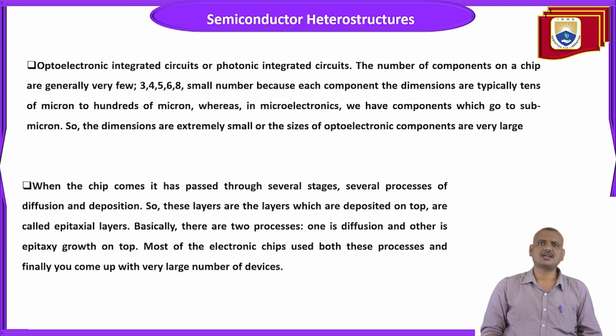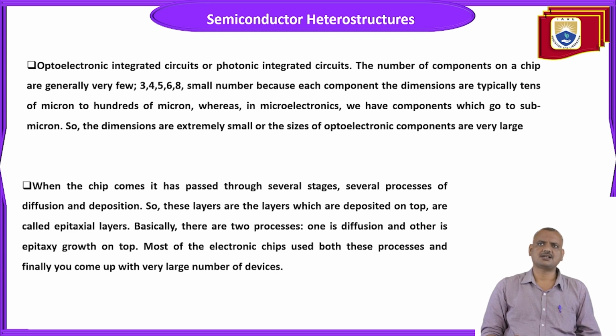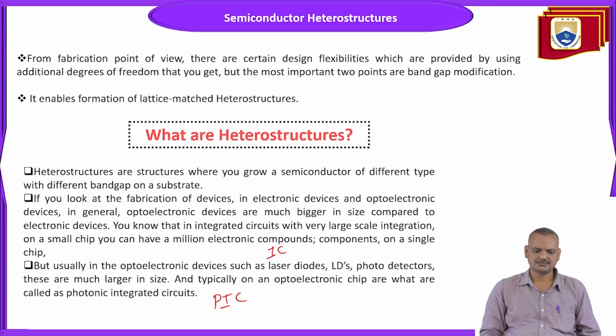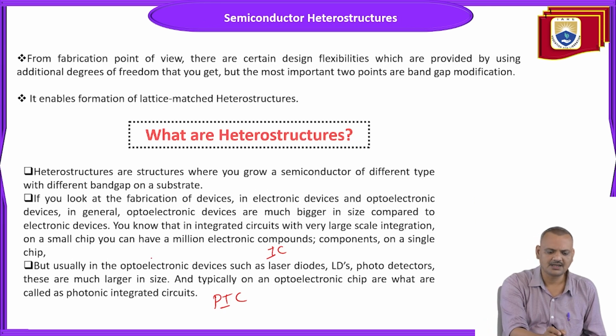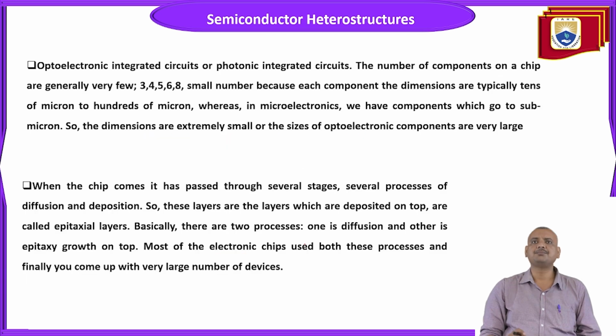So optoelectronic integrated circuits are photonic integrated circuits. The number of components on the chips is generally very few. In electronic circuits, IC, you can integrate a million electronic components. But in PIC,